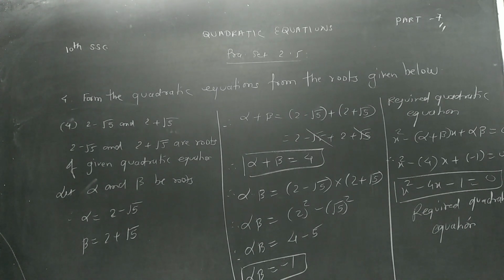This part is easy. I think it was very easy, correct? But you should know the concept behind it. In the starting, we started with that particular concept of how to form the quadratic equation. What is the relation of alpha plus beta? What is the relation of alpha into beta? Everything we have studied. If you know it, then this part is very easy. Nothing is there. You don't have to use that much brain.